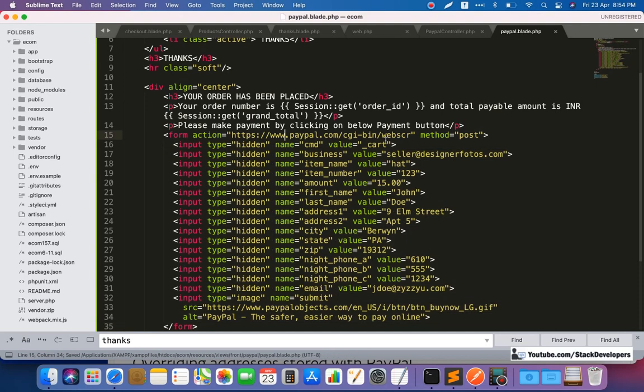Fine, and here we can see this is the live URL of PayPal, but we are not going to integrate the live PayPal. First of all, we are going to do the test PayPal. For testing there is the sandbox testing. PayPal has sandbox testing. Sandbox is a kind of testing in which you can complete your transaction like live, and you will come to know whether everything is going fine or not.